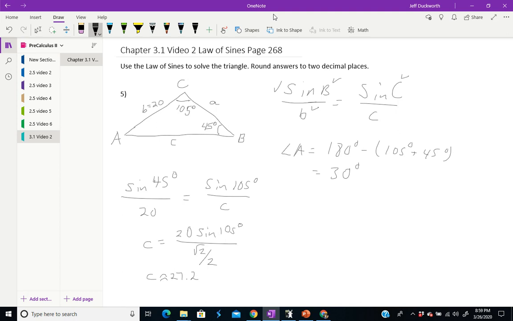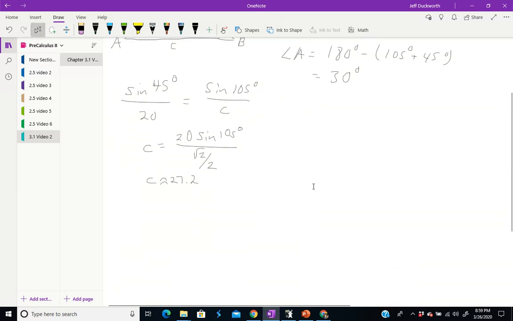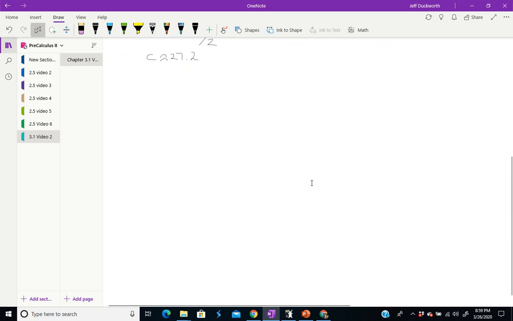So what's left to solve is for the letter A. So now let me scroll down a little bit here. Let's remember that. So sine of A